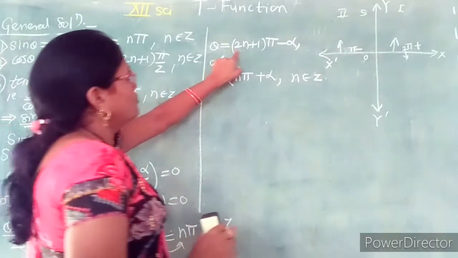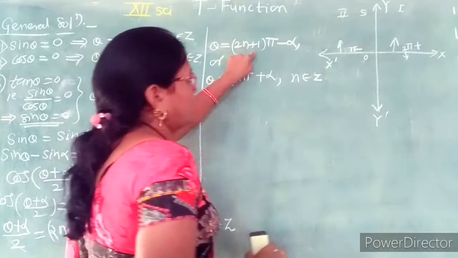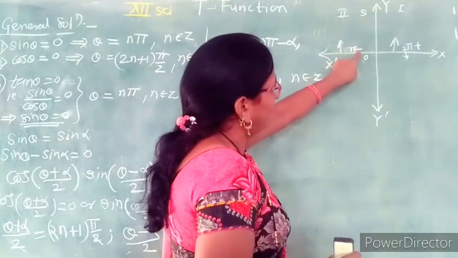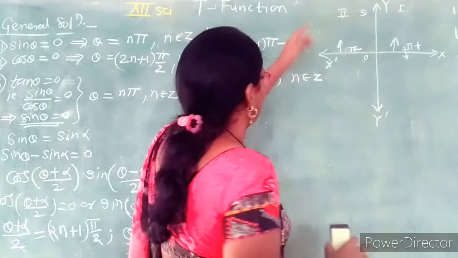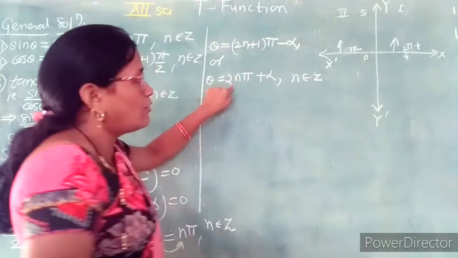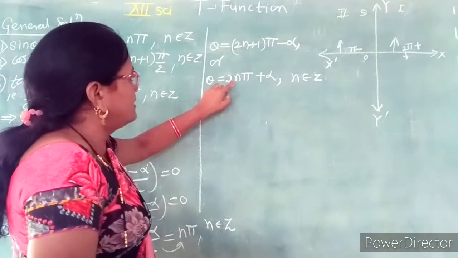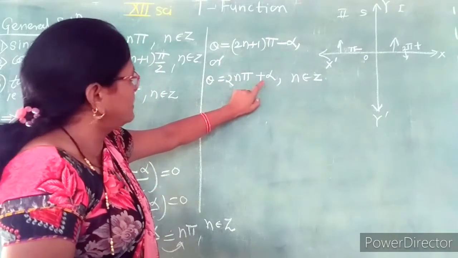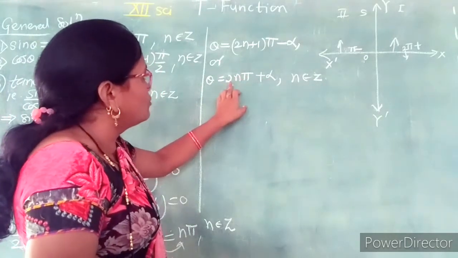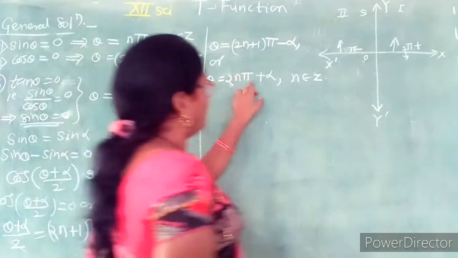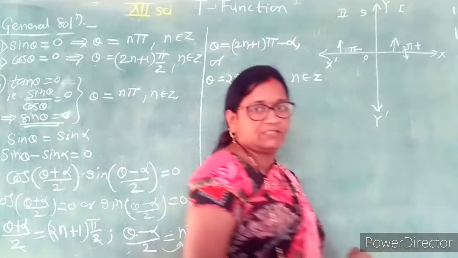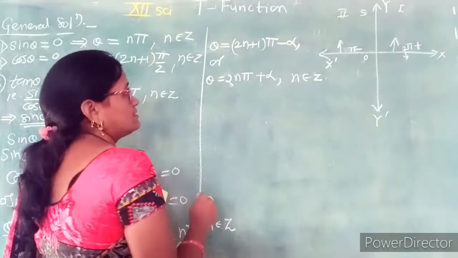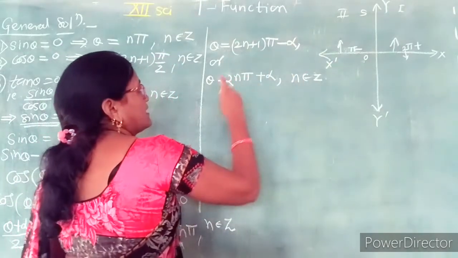Now, here 2n plus 1 is an odd multiple of pi. So for odd multiples, that angle lies in the second quadrant. Even multiples give a measurement of angle which is 2 pi plus the angle, and therefore we take 2n as an even number, so 2 pi plus alpha addresses the first quadrant. So all these angles lie in the first and second quadrant.